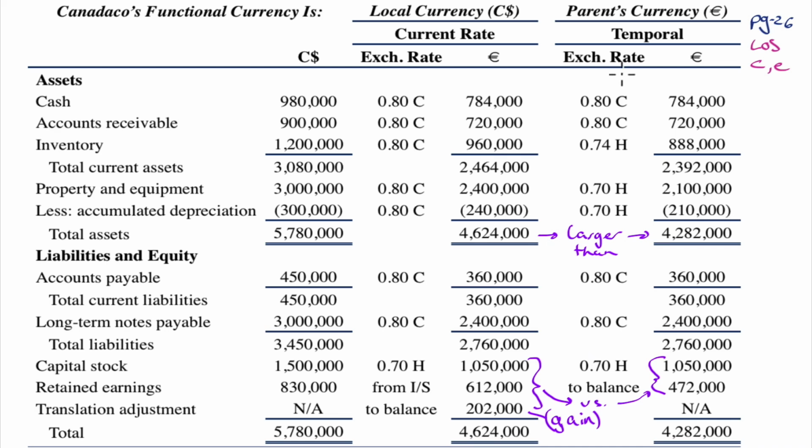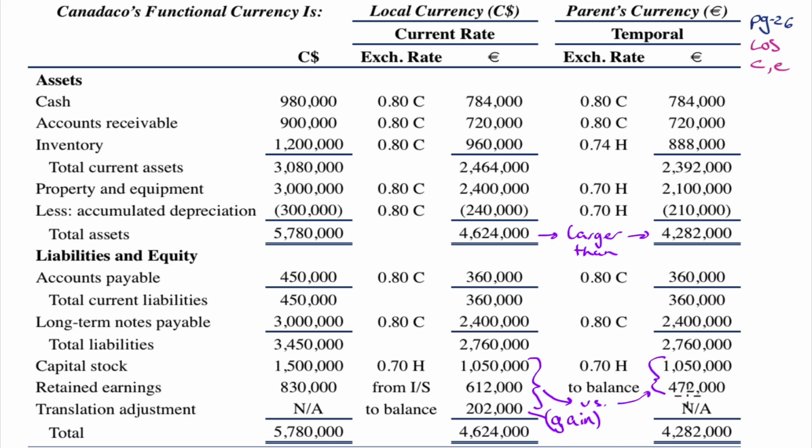So when we look at the temporal method, it is quite common that the subsidiary will typically always have net liability balance sheet exposure, and under the current rate, it's pretty typical that the subsidiary will always have net asset balance sheet exposure. So we go down, we get to 2.7 for liabilities, we translate our capital stock at the historical rate of